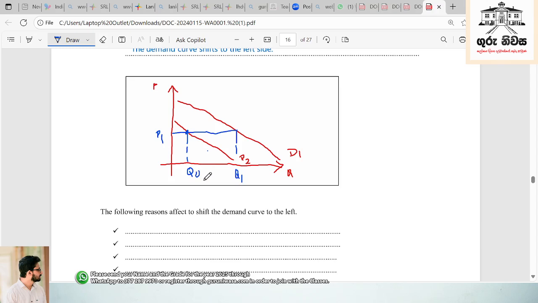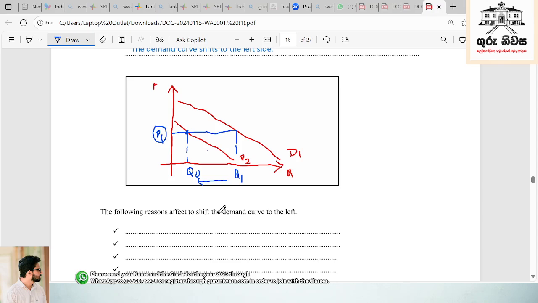There should be a reason. Not the price, because we can exactly say price is not the reason. Why? Price remains constant at P1. Did you get the point? Okay, then you can write down the reasons. What are the possible reasons to decrease the demand? I can say one thing: price is not the reason at all, because price remains constant for both quantities, same price. So price has no impact on this change.